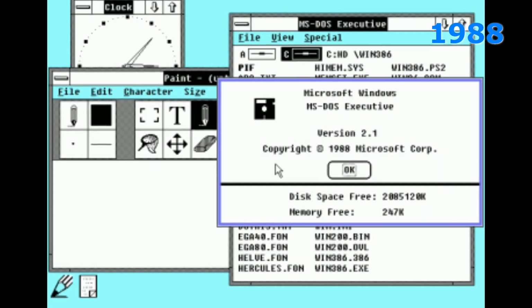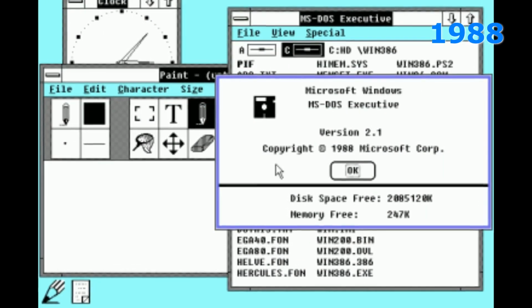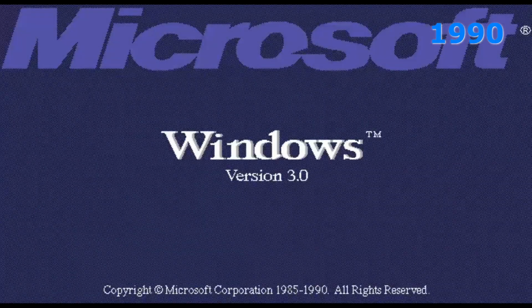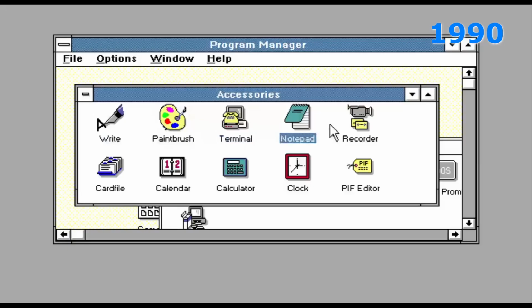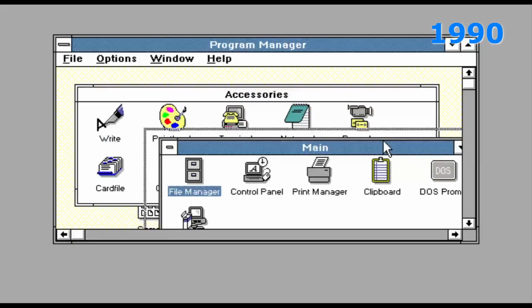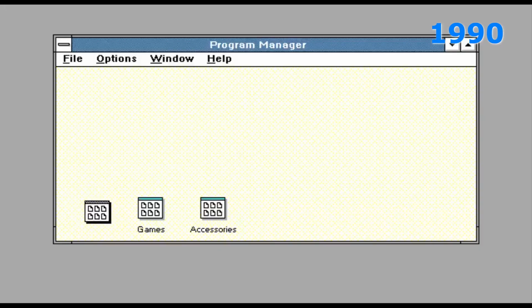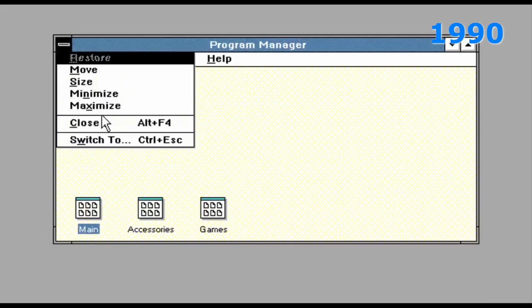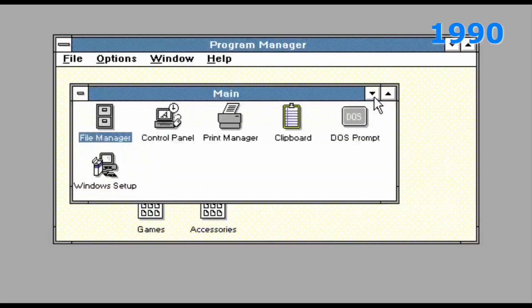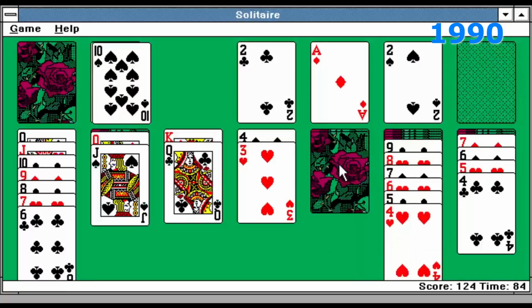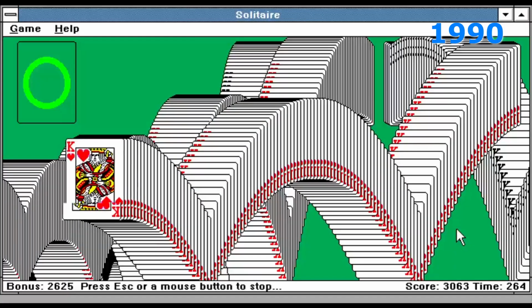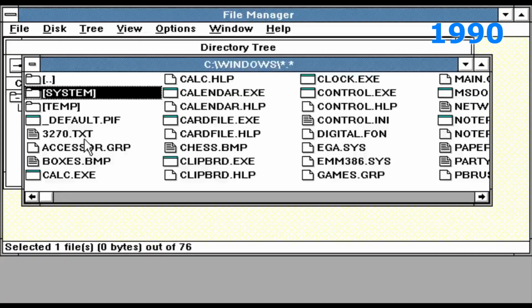There was an update named Windows 2.1 a year later to improve performance and device support, but what got the public's attention was Windows 3.0, released on May 22nd, 1990. This one had a graphical redesign, now with clickable icons to represent programs. Instead of the MS-DOS Executive, it now had Program Manager that lists programs in categories and can be closed to shut down Windows. There is Main for system management, Accessories for productive work, and Games, which now also had Solitaire. To see your files, there's now the File Manager.